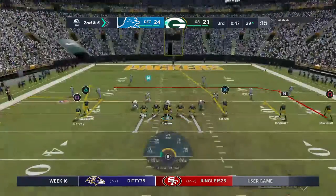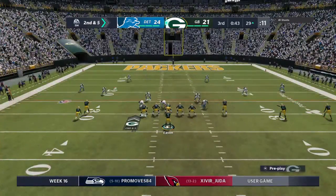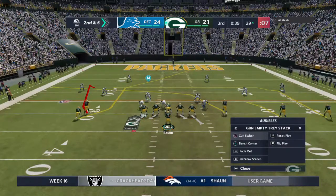The 1st down run got 5. Here's 2nd and 5. Mike's 50. Watch the screen. Pass. 60